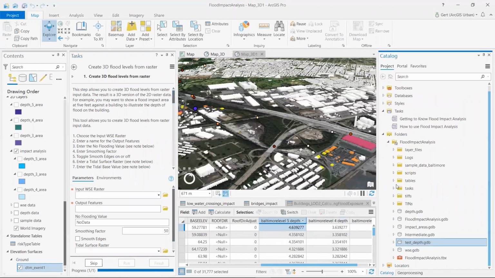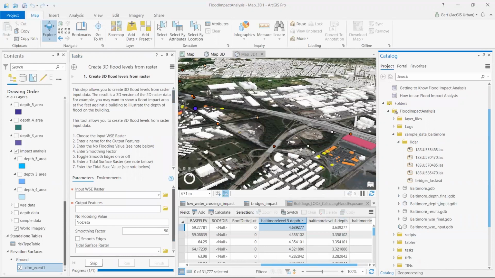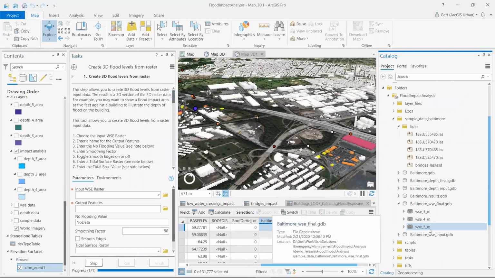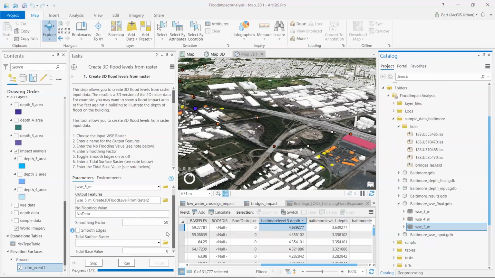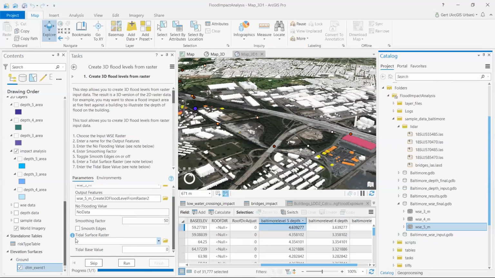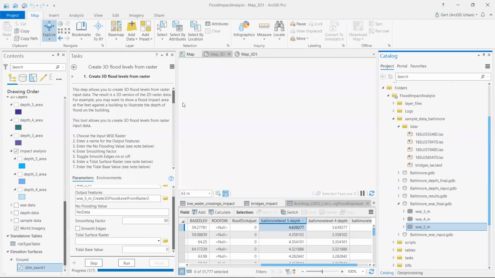The only thing now, in this case, you would bring in your water surface elevation rasters that you can create using the solution. So we'll bring in the water surface elevation raster. You can give it what we call a smoothing factor that smooths out the water surface. Tidal surfaces are if your data is in a tidal projection, which in this case it's not. And then you run this tool, and then the result of that will be that go to this one,